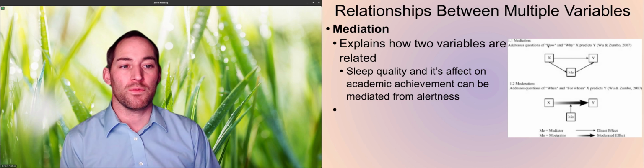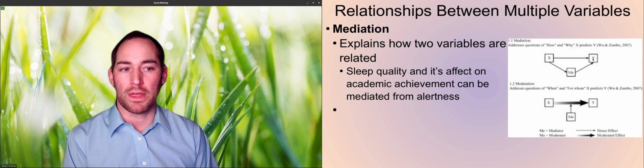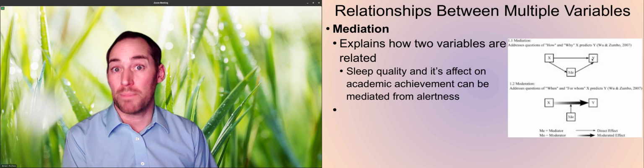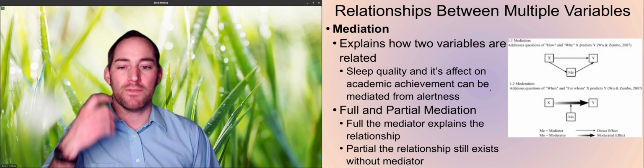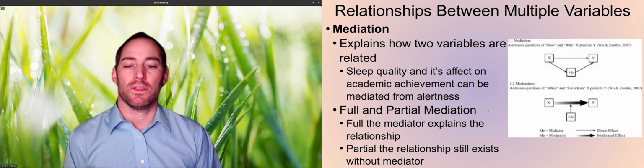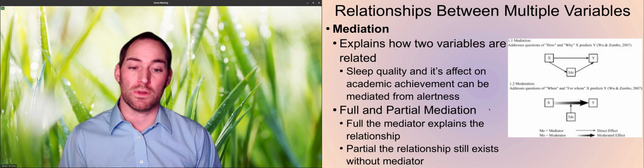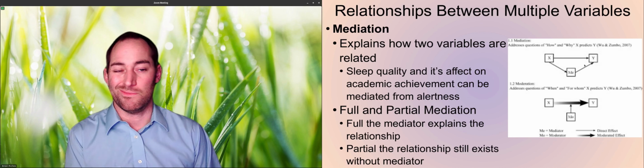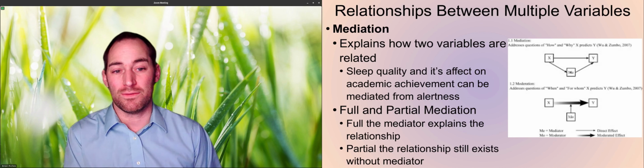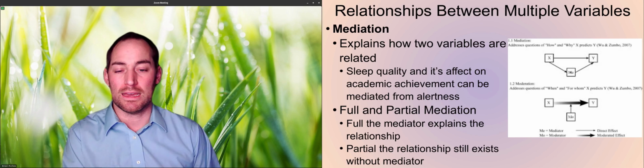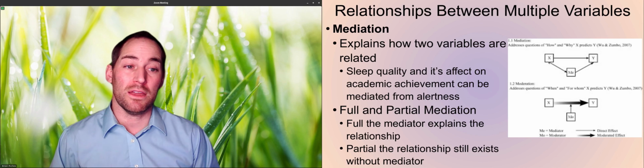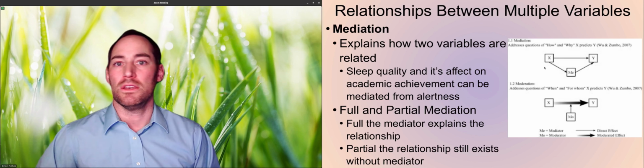So let's say you have really good sleep, you'll probably do really well on a test. If you have really good sleep and you're feeling very alert, you'll do even better on the test, right? So there can be full and partial mediators. The full mediator completely explains the relationship. Let's say you slept really well, but you feel absolutely not alert at all. Maybe you'll still do really poorly on the test because now it's back down to kind of all taken on by that alertness. But partial relationships still can exist without that mediator, so that sleep may still affect no matter what your